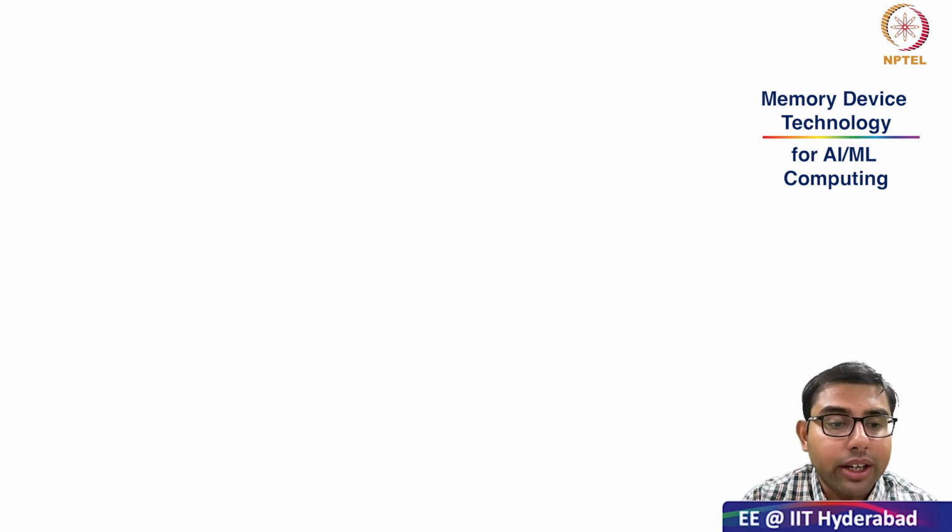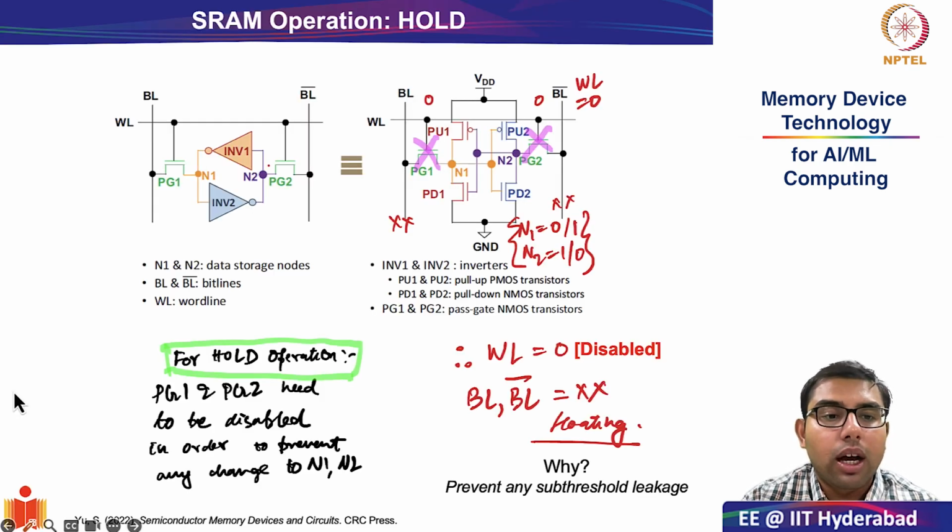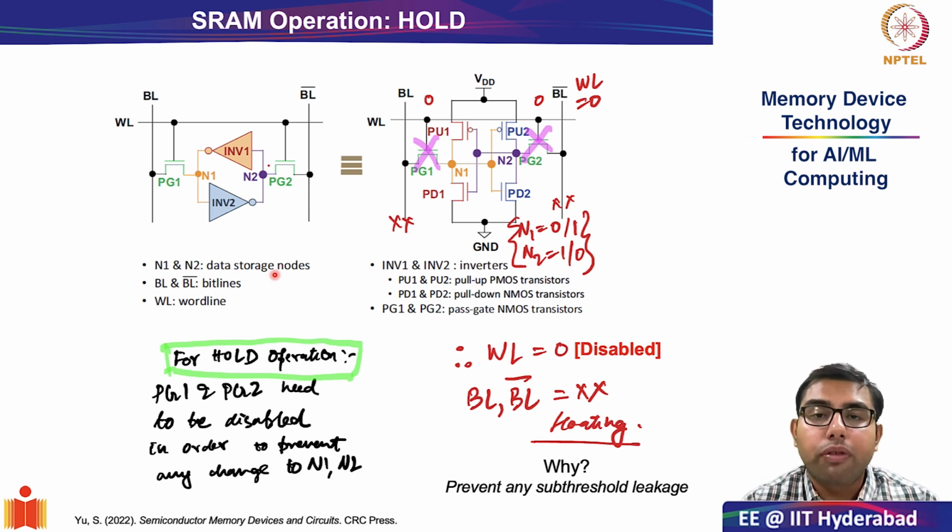First, we started by understanding the basic structure of the SRAM cell. We saw that it consisted at its heart of a cross-coupled inverter, and this cross-coupled inverter gave you a butterfly-like hysteresis loop, and the regenerative feedback arising from the butterfly hysteresis loop was the reason for having a memory effect.